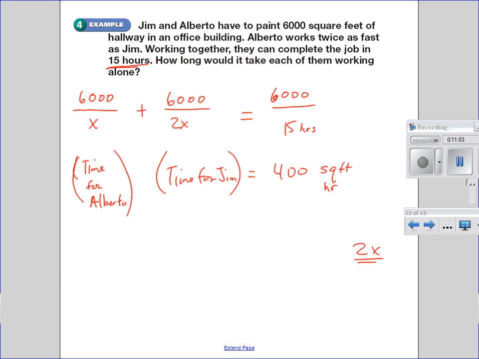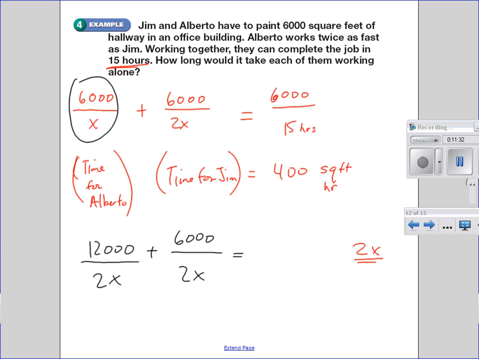All right, so now, to get this to 2x, this first one right here, I'm going to multiply by 2, so 12,000, plus 6,000 over 2x equals, this was 400 originally, so multiply by 2x on top and bottom, I get 800x